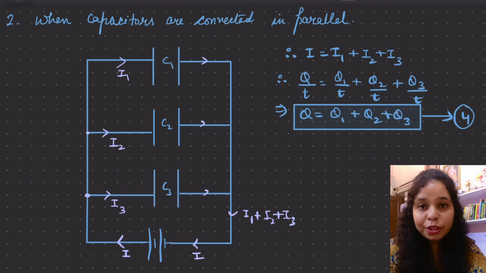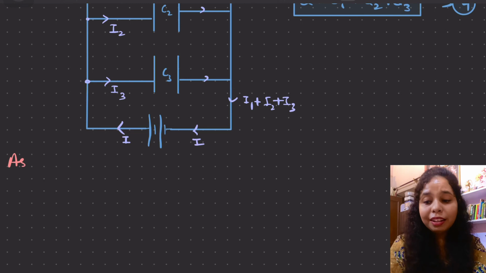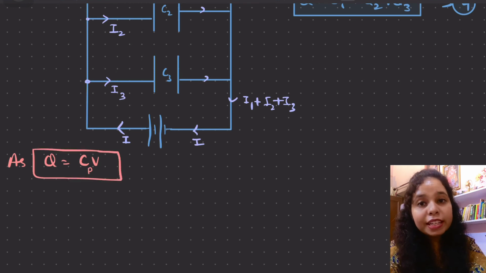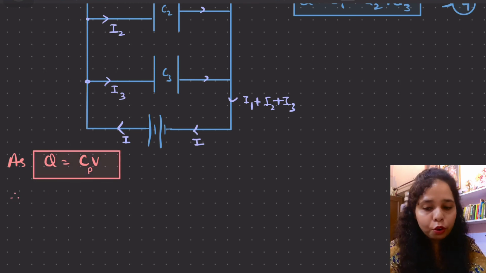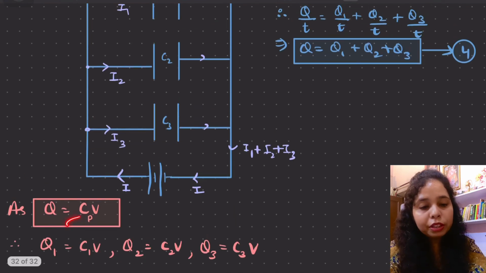So we will mark this equation as equation number 4. We know Q is equal to CV, so we need to substitute the value of Q. If we have net capacitance Cp in the parallel combination, we can write total charge is equal to Cp into V. Similarly the charge on capacitor 1 is Q1 is equal to C1V, Q2 is equal to C2V, and similarly Q3 is equal to C3V. So we will put these values in equation number 4, and instead of writing Q, we will write Cp into V